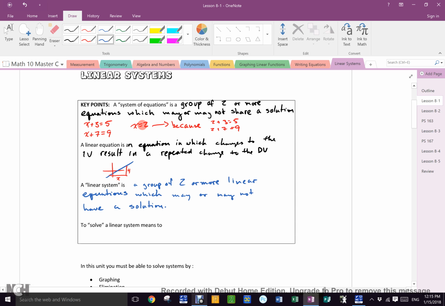So what must be the case if I'm solving a linear system? What about the x and y? Both x and y have to equal the same variable? No, both equations have to equal. Right. The x and the y